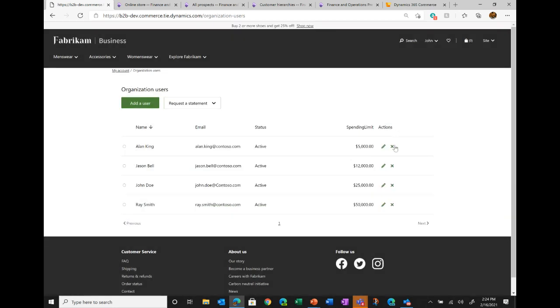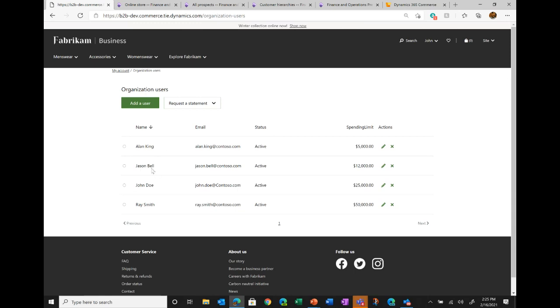John Doe can remove an existing user. John Doe can edit an existing user's information. So John Doe, being the admin, can do this full user management and user info capabilities for the business partner. So for the business partner, users are self-sufficient and they have the capability where the admin can self-manage the user profiles for the business partner.